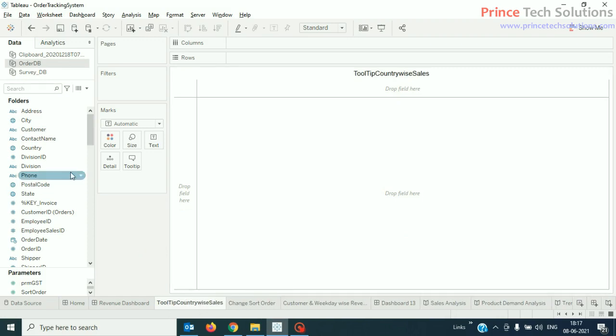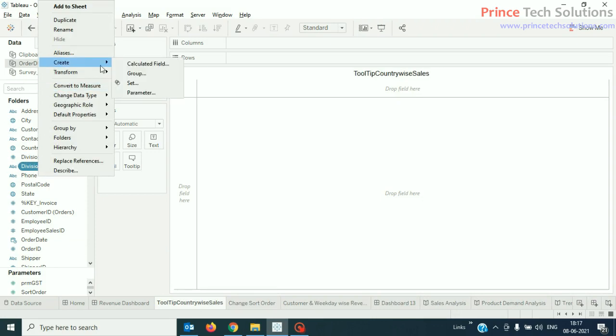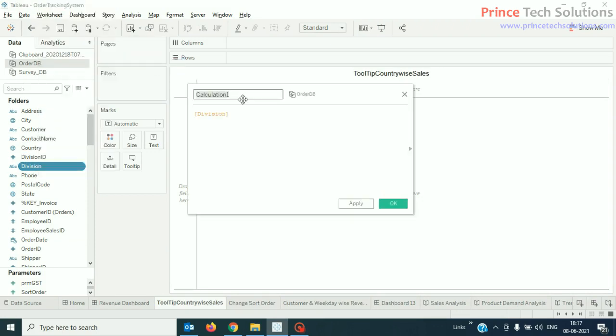Now I have to create a calculated field. Right click, create a calculated field. I will name it as country-wise sales. I'll simply make it blank and then I will write some text or information about the dashboard, or the visualizations.